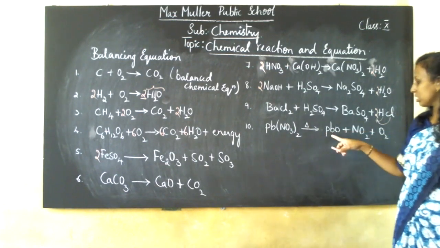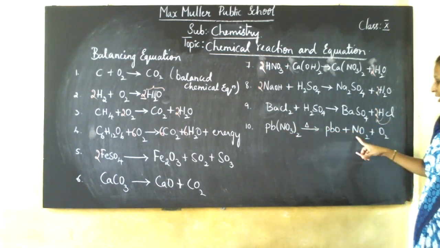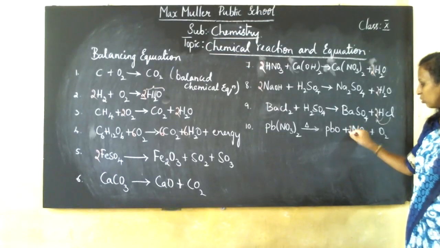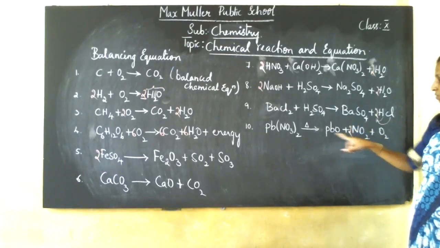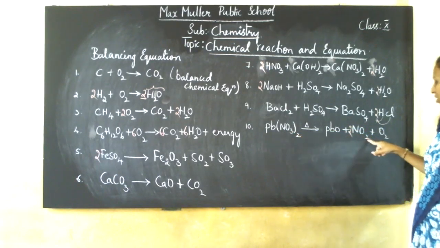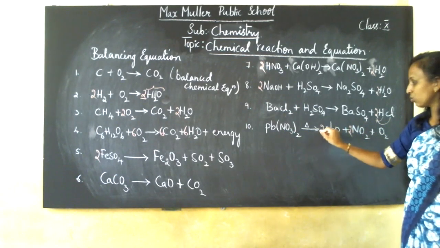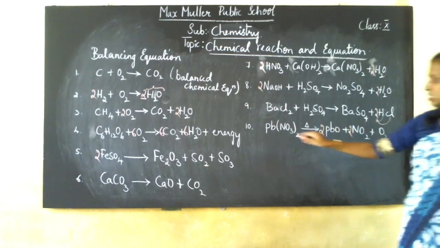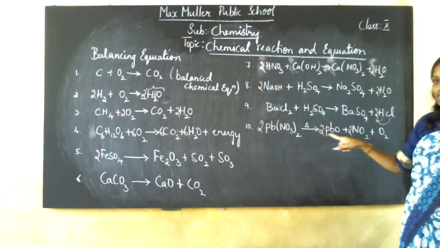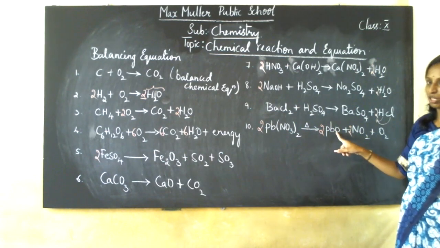See this. Pb is 1, Pb is 1, and I have to change nitrogen. Nitrogen is 2 here. Here nitrogen is only 1. So here I am going to take 2. So it became how much? 4, 2. Oxygen is 3 2s is 6, 4, 5, 6. Again oxygen is changed. So if I take 2 here, what exactly happens? I should take 2 there also. Why? Because I took 2 here, oxygen should be balanced. So for that reason I took it.